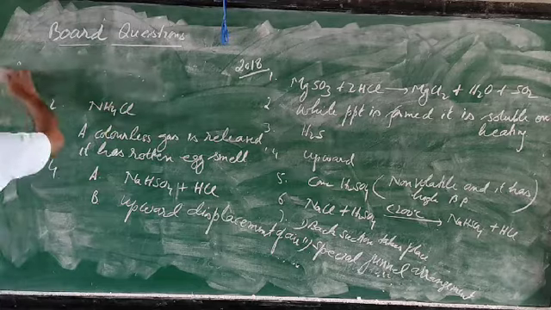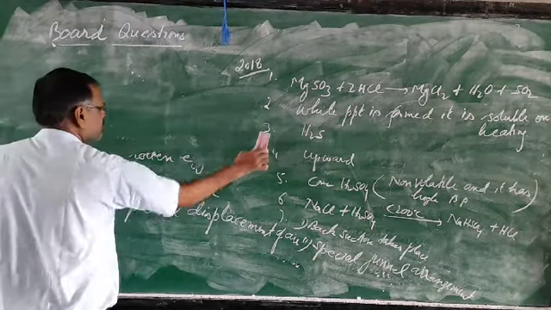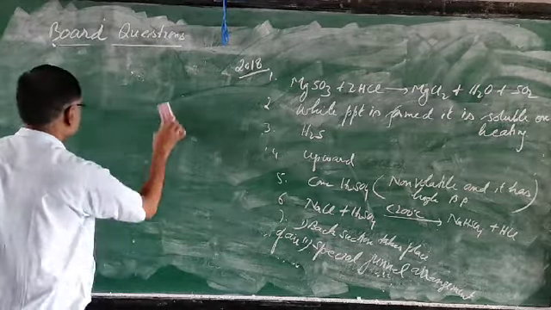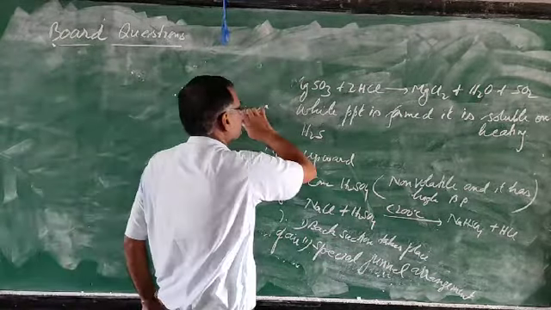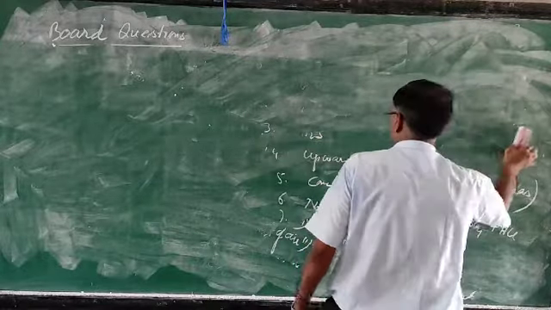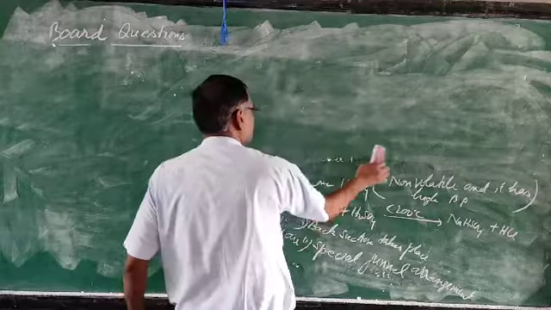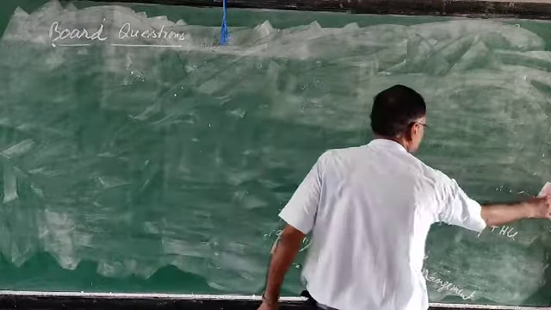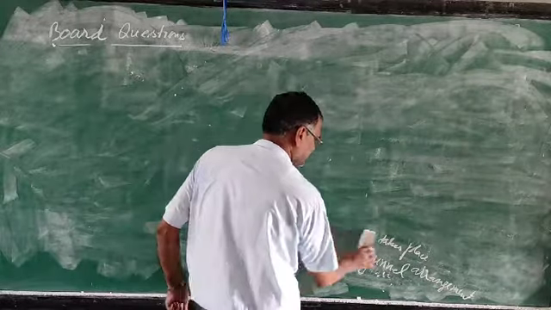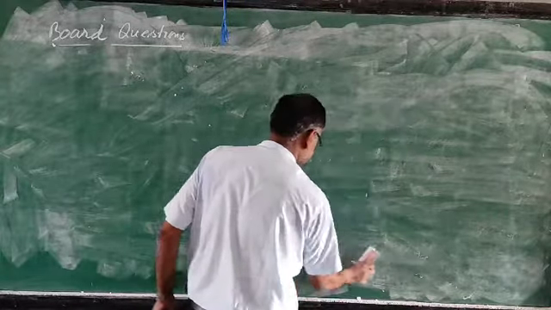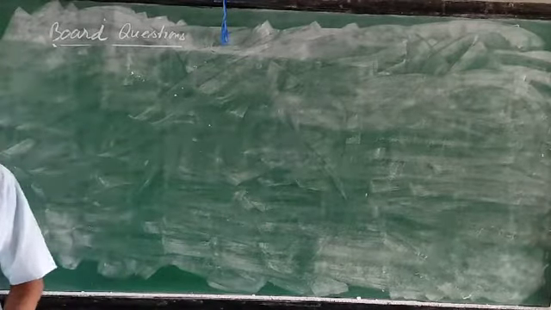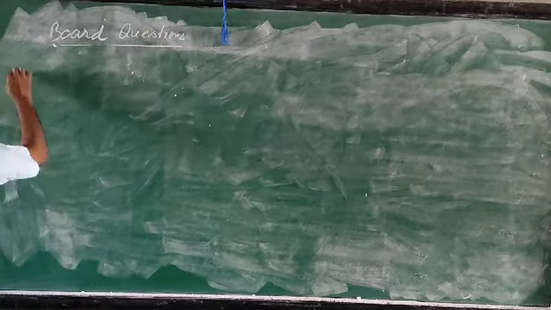Now 2019. So you must have got the idea how the questions are asked from this chapter. That's why it is necessary to solve the board questions and learn the answers. It will be very, very useful for you when you solve them. If within 10 years any question is repeated, it means it is important for you. So now 2019,